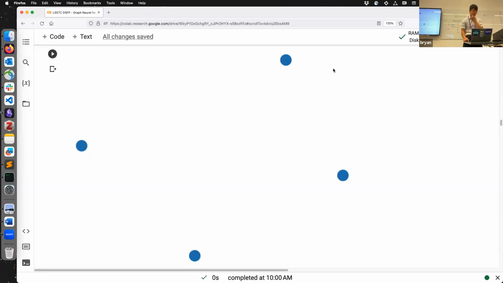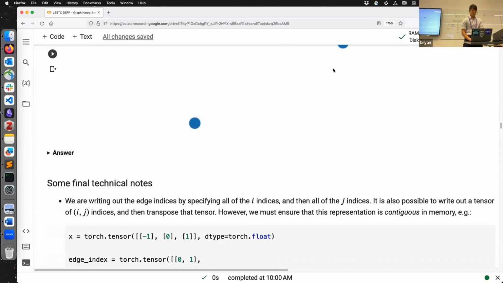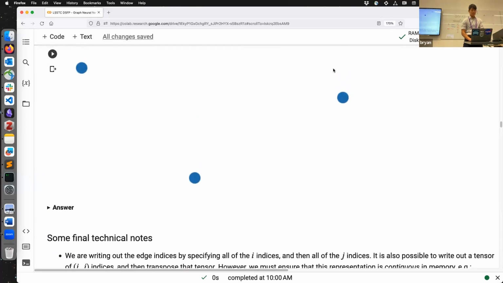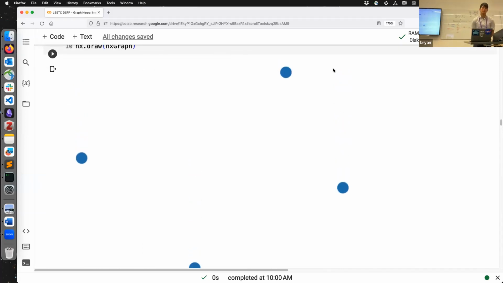You can permute through the indices. I was trying to do the zero with the